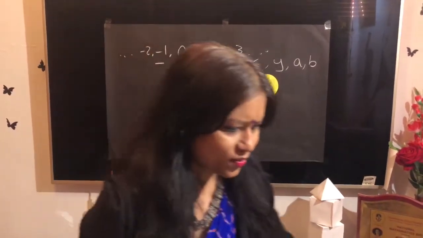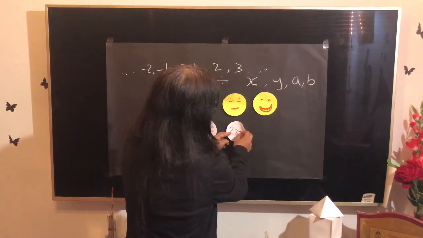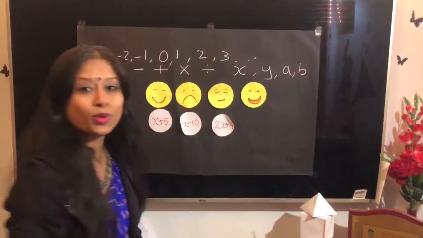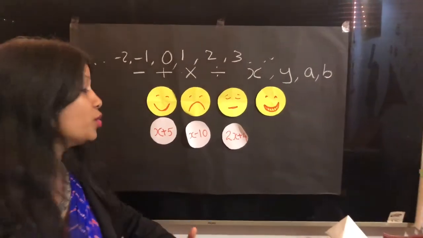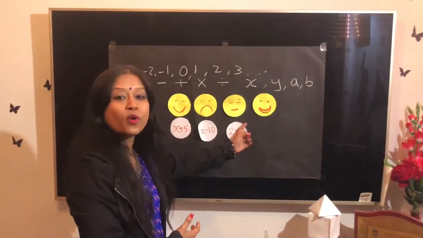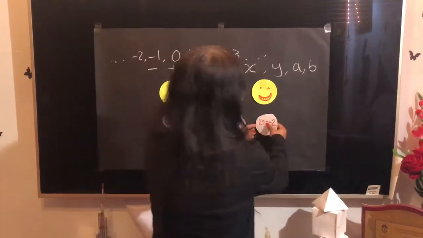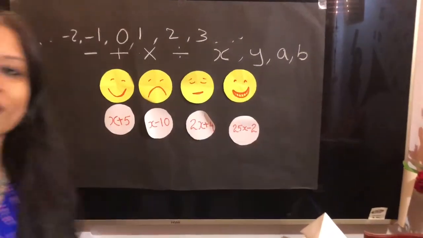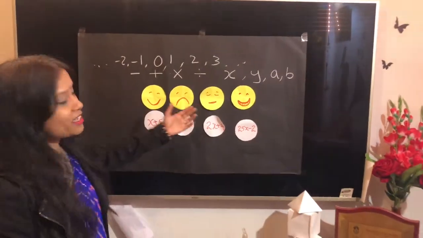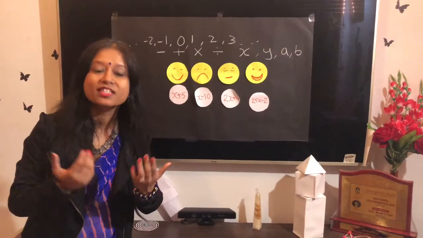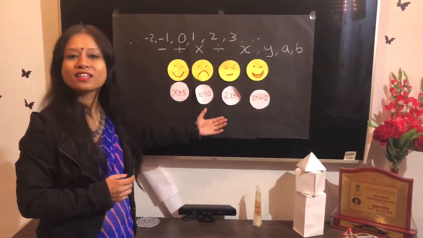But don't worry, we also have the interesting 2x plus 4. Whoa! Here the variable is multiplied by 2 and it is added to 4. So we have one more, greater expression, and I also have another expression, 25x minus 2. So we can see how in our life we have expressions. In the same way, in mathematics we also have mathematical expressions.